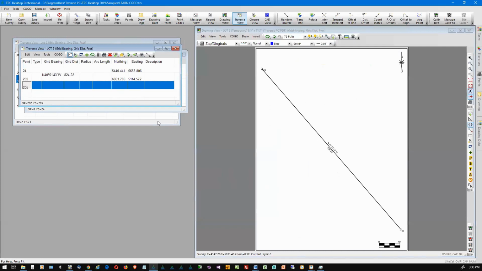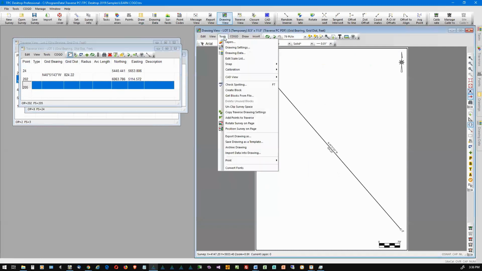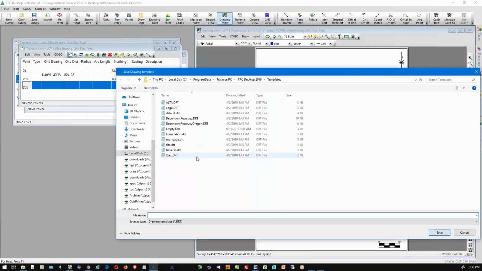This happens to be created from the save drawing as a template. That is created from the traverse drawing template. So if I want my temporary drawing to display differently, I would update my traverse drawing template. In addition,